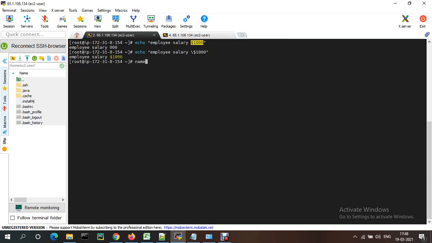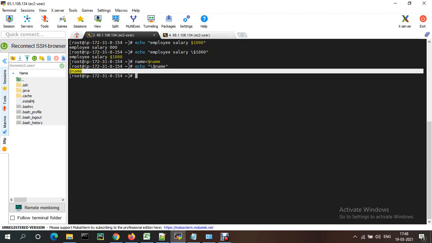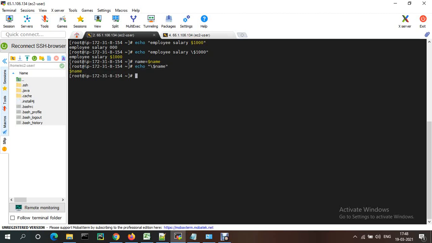Suppose name equal to dollar name. Okay, if you want to print the output as dollar name, echo, just backslash, dollar backslash name. Now it will be printing as dollar name. If you didn't mention the backward slash, it will take the old value. Okay,